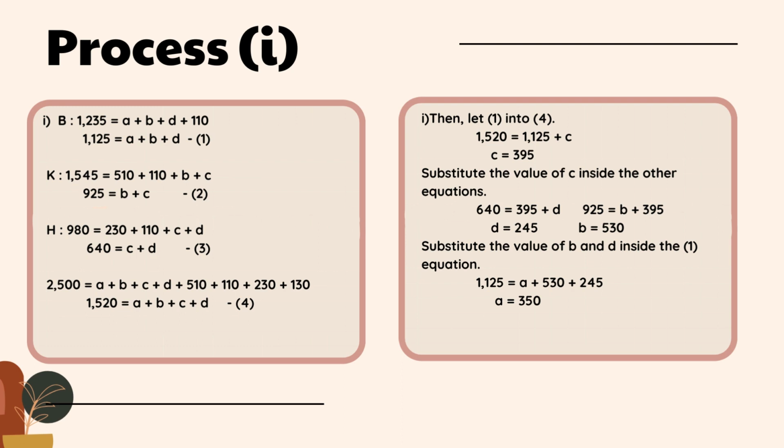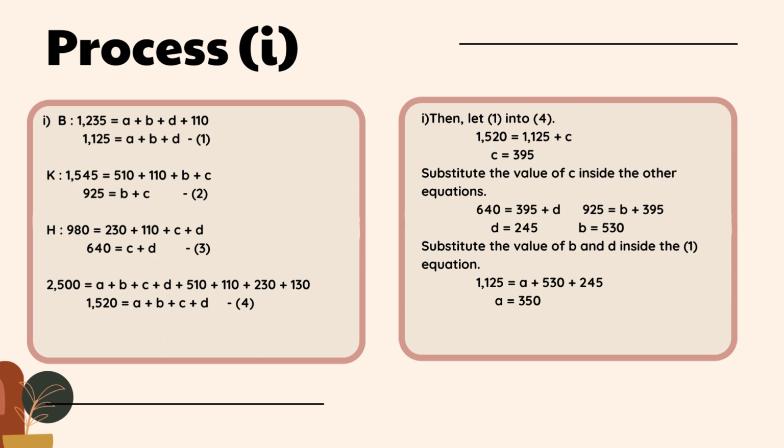So for the next one is H for hip hop. 980 equals to 230 plus 110 plus C and D, which is 640 equals to C plus D, identified as